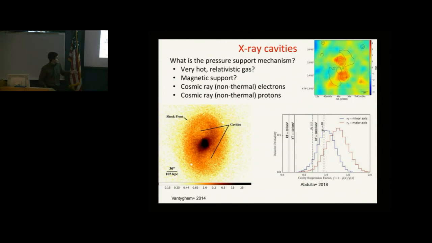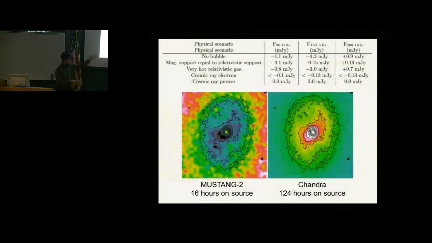And there is already a 2018 paper from Kitayama. They had quite a bit of time, I think around 100 hours. In fact, Chandra also has over 100 hours on theirs. But you see with 16 hours of MUSTANG-2, we get a similar map. Definitely not quite the sensitivity at 16 hours only, but I'd say we're doing really well for just 16 hours compared to 124. And here's a comparison of